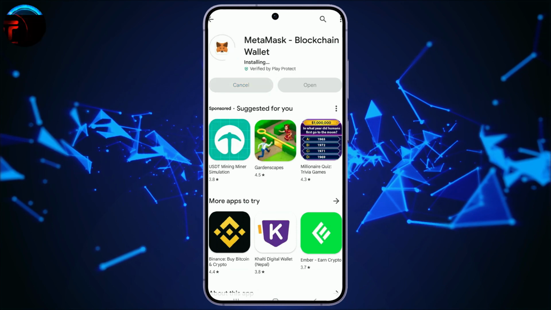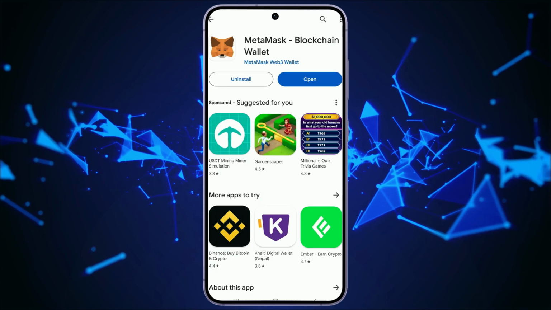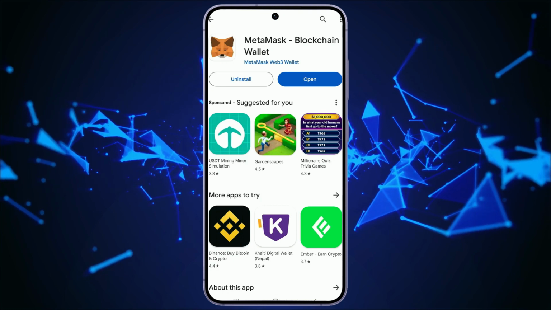Metamask is a cryptocurrency wallet and a gateway to blockchain applications. It allows users to interact with decentralized applications on the Ethereum blockchain, as well as other blockchains that support the